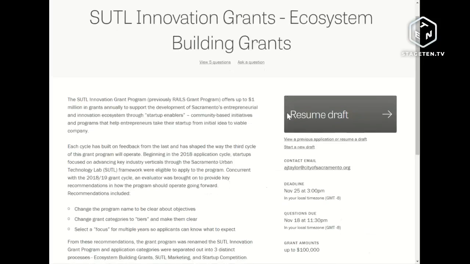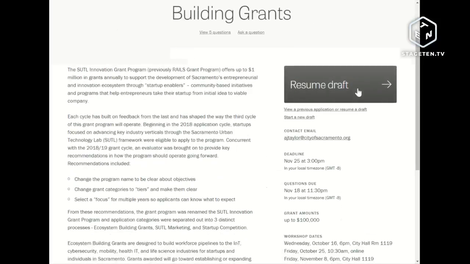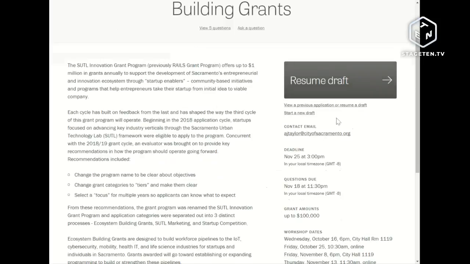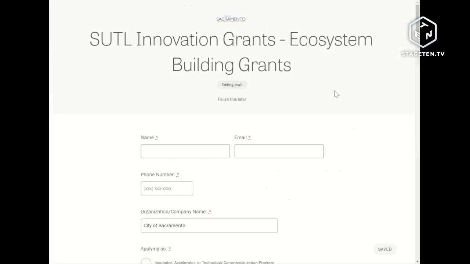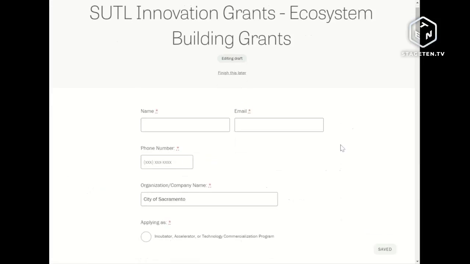When you do that, you'll see this here, an option to resume your draft or to start a new draft. And so, you can have multiple drafts going at once. If you start an application and you save it, you'll still be able to use this view a previous application or resume a draft. But this is what you'll see if you start a new draft in the same window session. So let me go back in here, and we'll go through